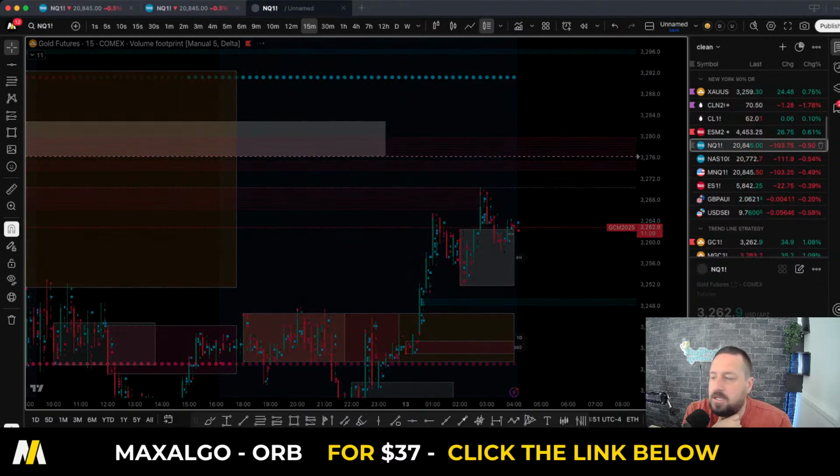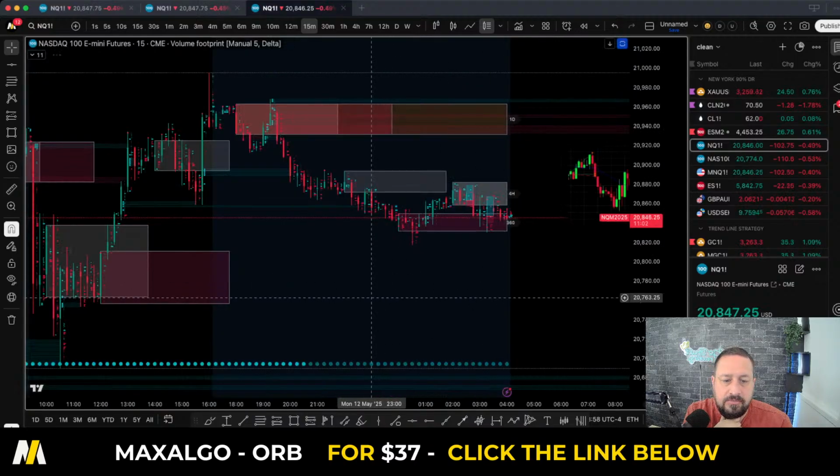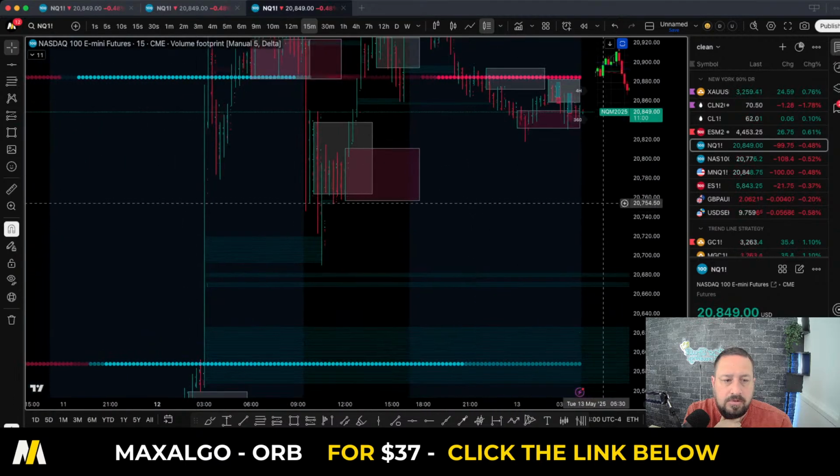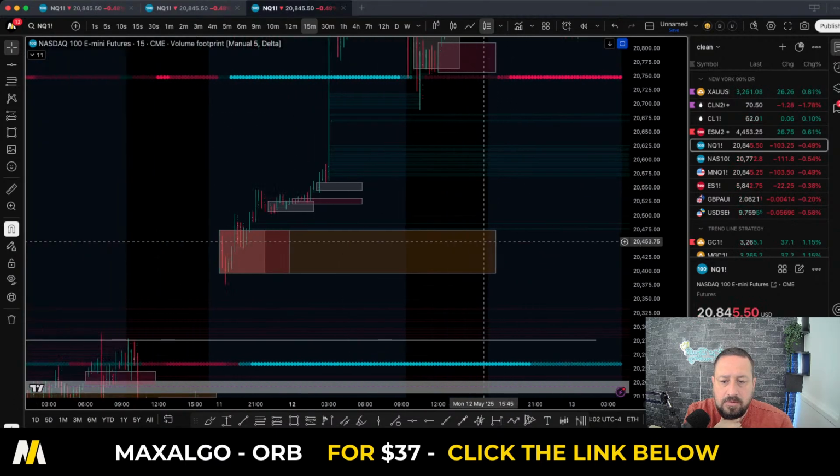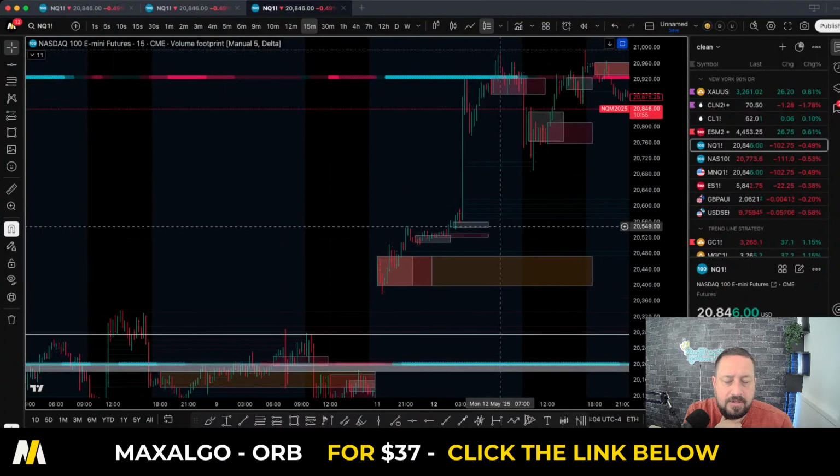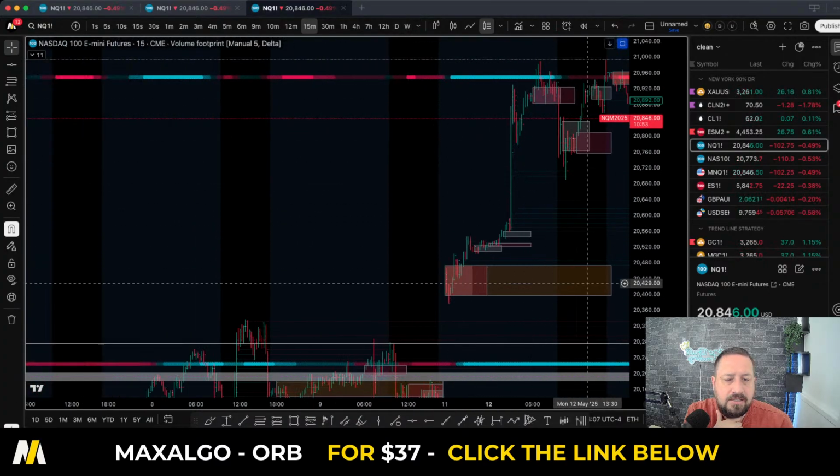So then, like on NQ yesterday, we can match up areas of confluences with where we've been. So like on the daily,